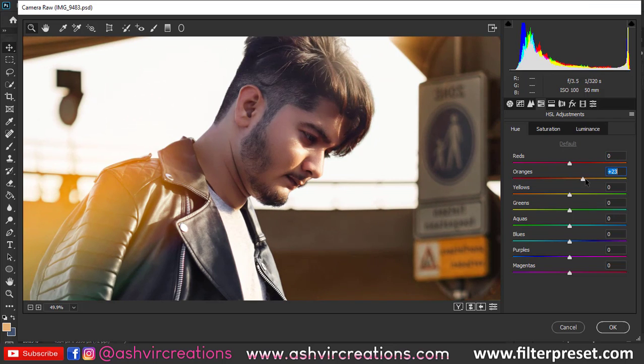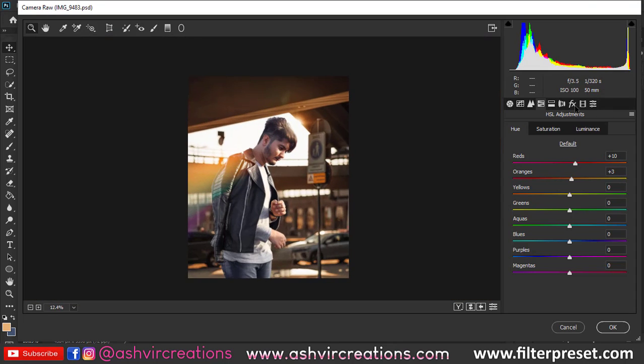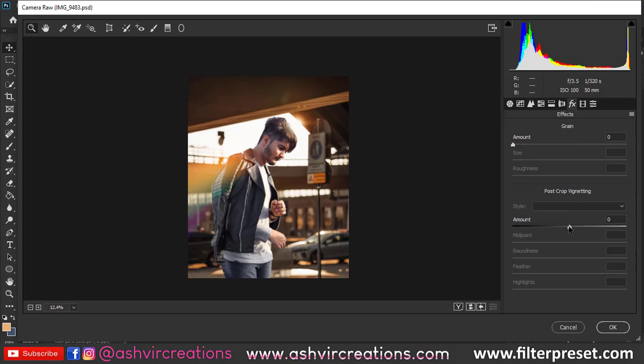Now let's go to the hue. Now we're gonna change the skin tone to kind of a gold effect. So we're gonna play with the colors and change it to a gold kind of tone. And now let's go to the effects and add a bit of clarity and the vignette to the photo. Just add a midpoint and a roundness. Let's make the feather